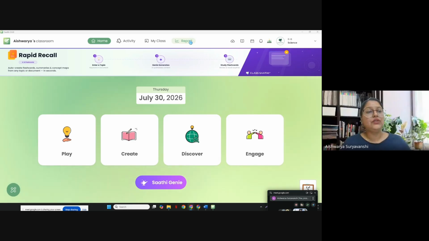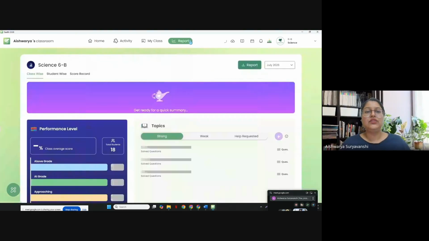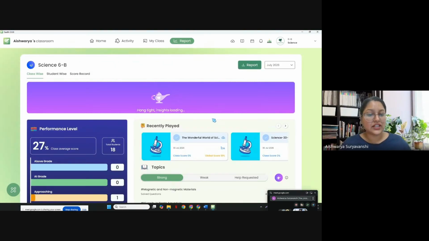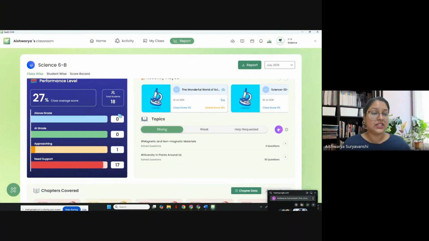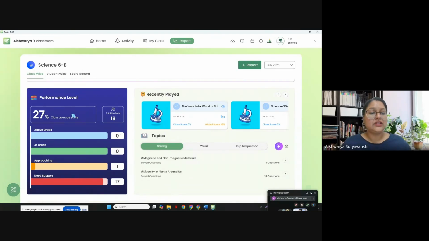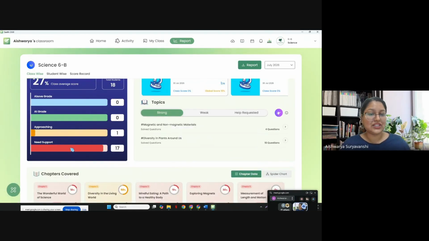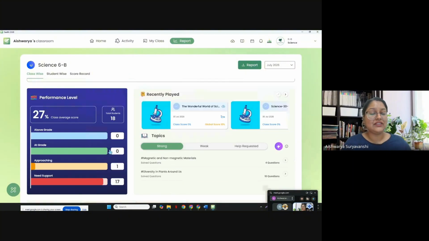Now that was one option that is not a very drastic change. However, now if you go to the report section, you will be blown away with a lot of changes that we have added here, right? So first off, this performance level has been updated completely. You can see the interface is a little bit more visually pleasing. It's highlighted in blue. So your first data point that you will see when you see the report would be your performance level, because that is something very important to you.